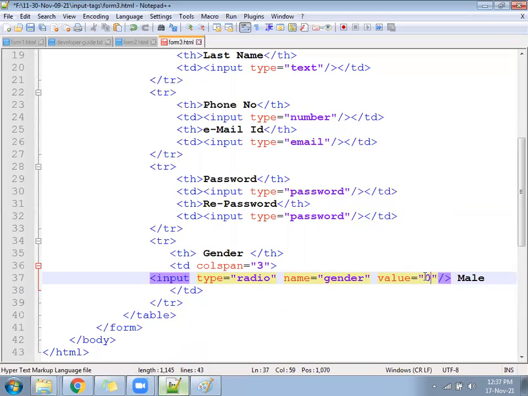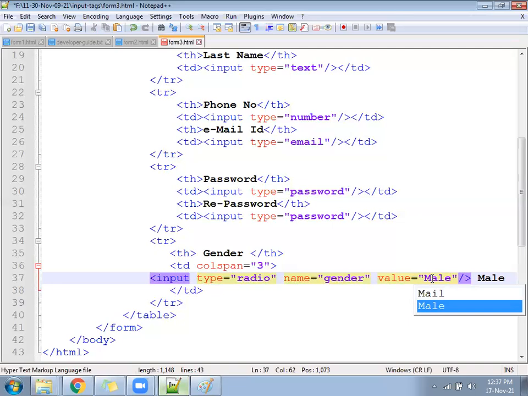So whichever the value, you feel free to store in the database, or maybe backend people will advise you, saying for male keep the value as a capital M, so that will identify yes. For the male we'll identify capital M. M will define, yes, this is for the male. Or instead of M you can write MAL also, male also. So the value can be anything, but it must be there.